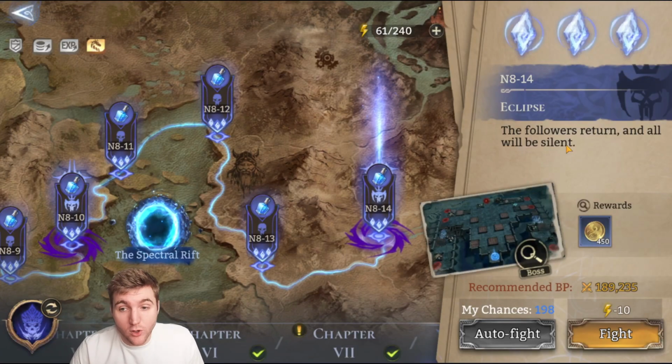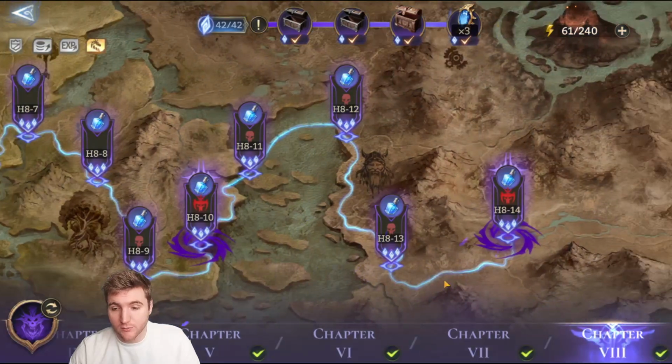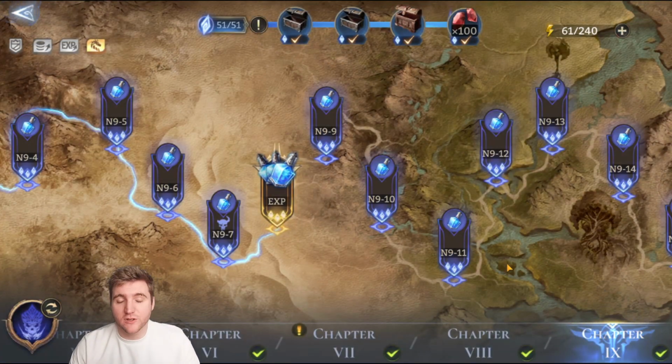Hey guys, we're going to go over Chapter 8, the final boss, which is Stage 14 on normal mode. On hard mode, it is Stage 14 as well, but on expert mode, it is Stage 13. Another thing to consider is this is not the final chapter anymore. It used to be, but normal mode now has a Chapter 9, and I would just quickly like to say,